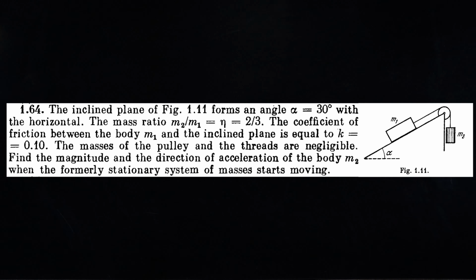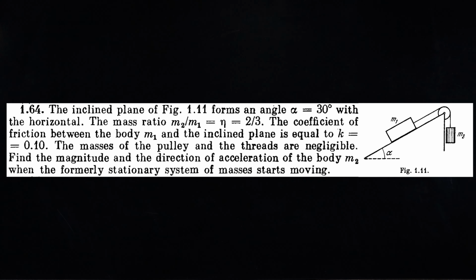Irodov problem number 1.64. The inclined plane of figure 1.11 forms an angle alpha with the horizontal. The mass ratio m2 by m1 is given as eta, 2 by 3. The coefficient of friction between the body m1 and the inclined plane is equal to k. The masses of the pulley and the threads are negligible. Find the magnitude and the direction of acceleration of the body m2 when the formally stationary system of masses start